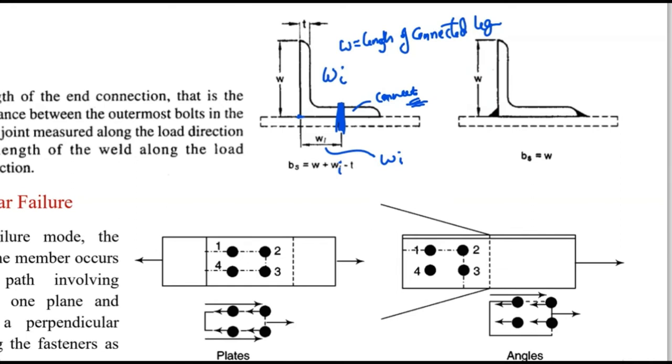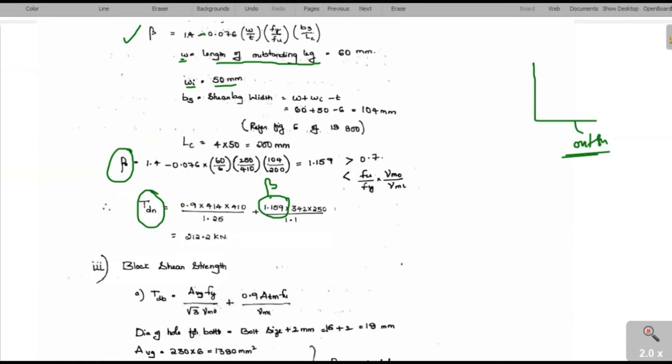So the distance from the bolt to the toe of this angle section in the connected leg is what we call Wi. So if this complete section is 100 in our problem, what will be this? The bolt is always placed at the center of the leg. So as you can see, what will be the value of this? See, here it is, this is 50, this is 60. So what would be the value of Wi? Wi equals 50, W is equal to 100, sorry, W equals 60